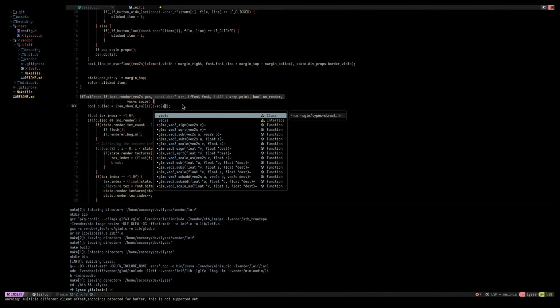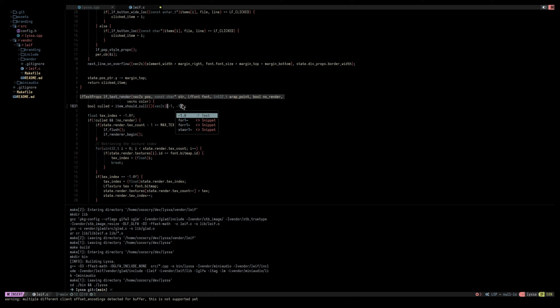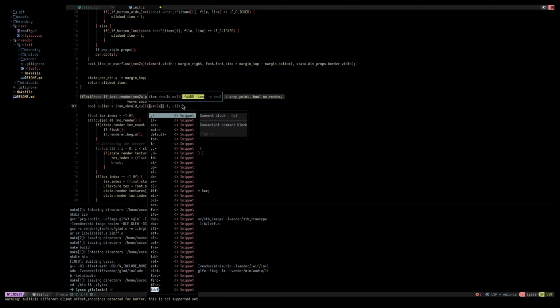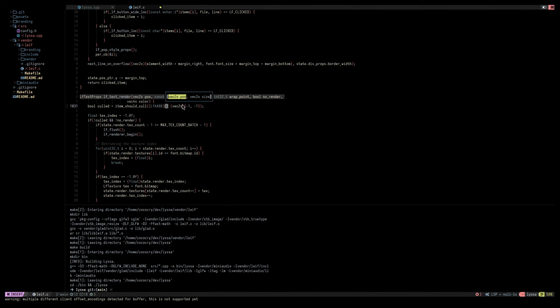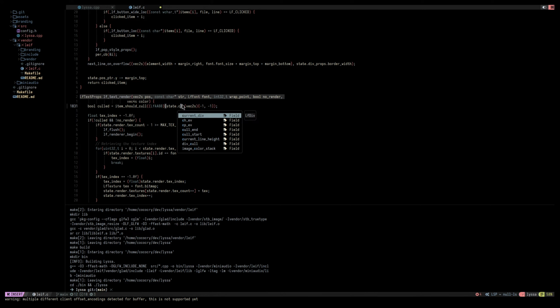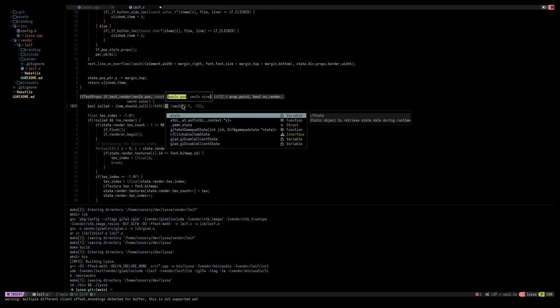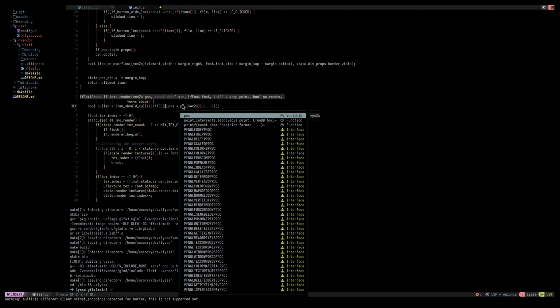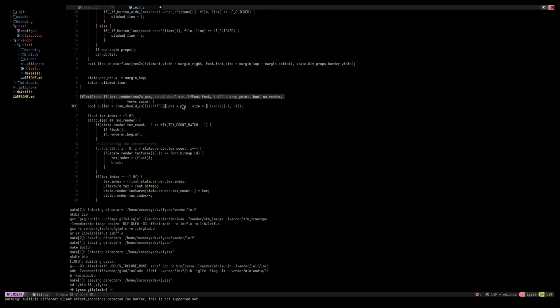I mean, -1, -1, and then we just say that the position is of like state font size, because then it would always cull if it reaches the top left corner of the text, which would make it so that we see it disappearing. So let's say we construct an AABB, pos is equal to pos, size is equal to,